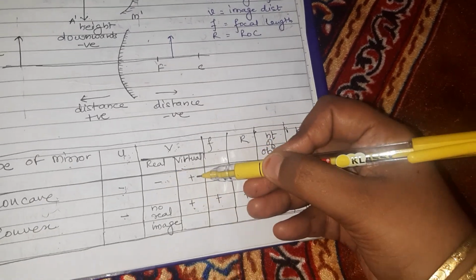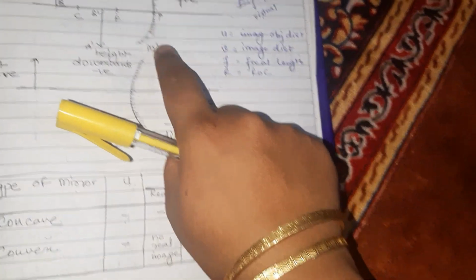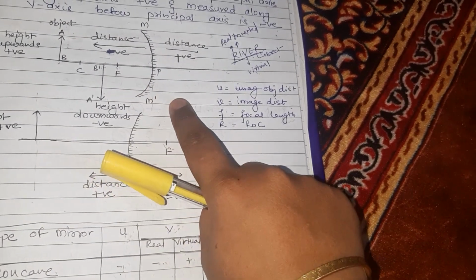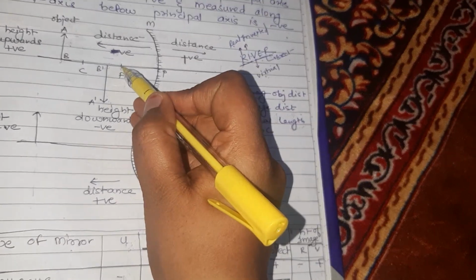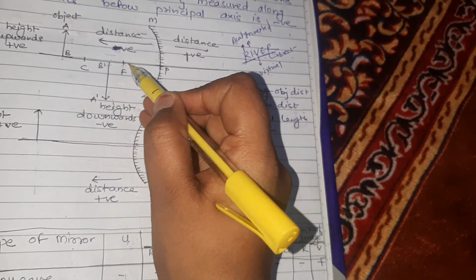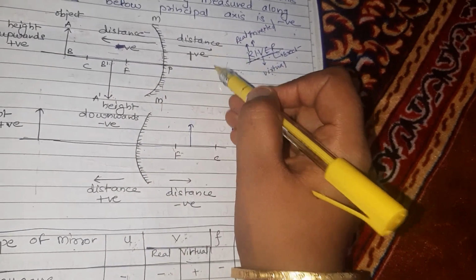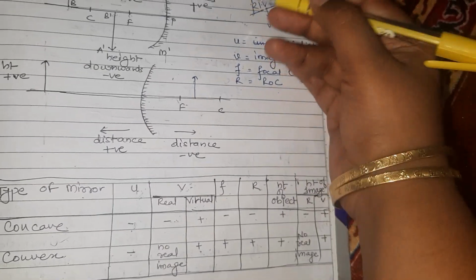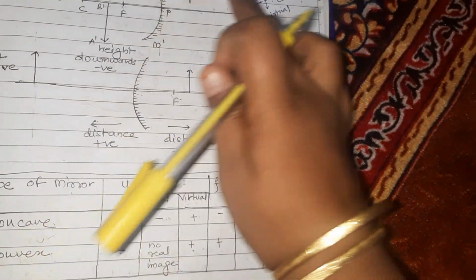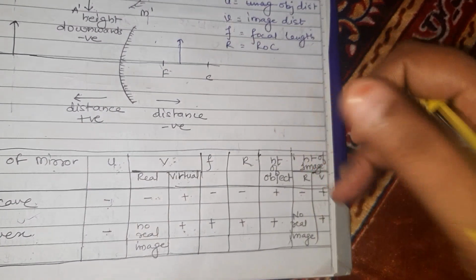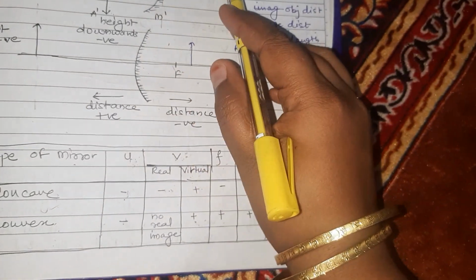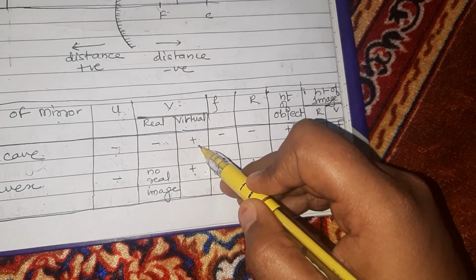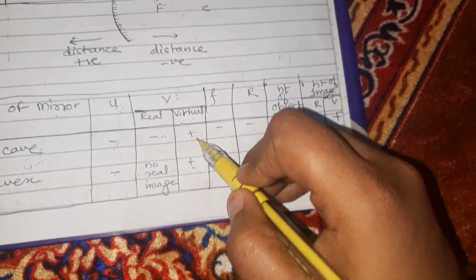Now for the virtual image, we know that in the last video I explained the concept, the special case known as TIGER, right? So if the object is placed between the focus and the pole, the image of that object will always be behind the mirror. This was the special case. So in that case, the virtual image is always formed. So when the image is on the right side, that is behind the mirror, then the distance calculated towards the right side is always positive. So here for the virtual image, for the concave mirror we have taken positive.